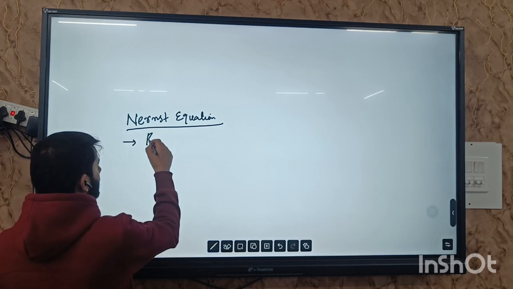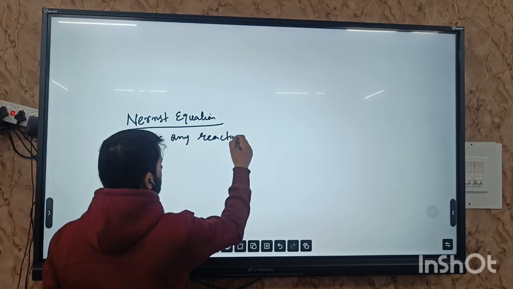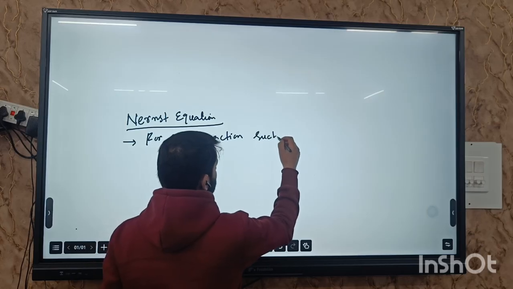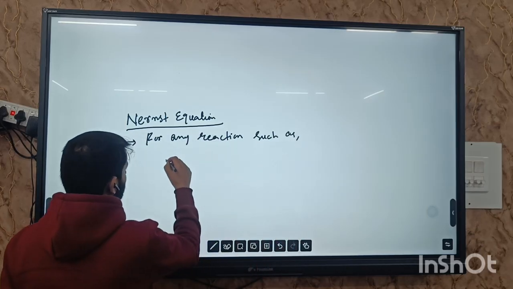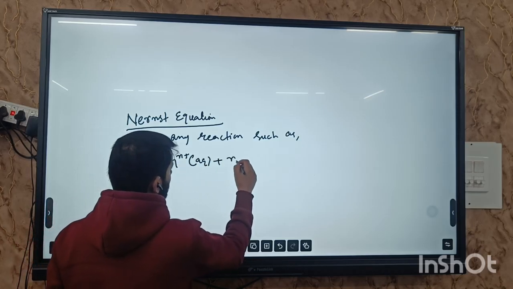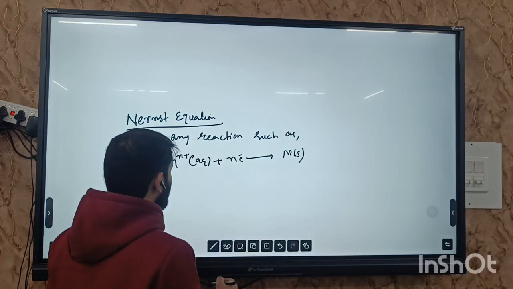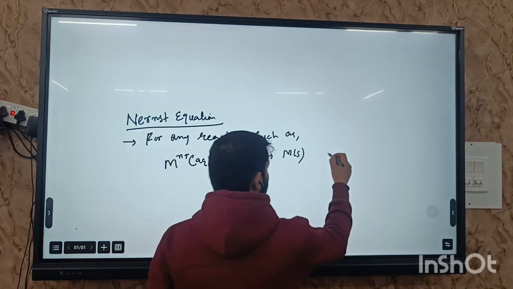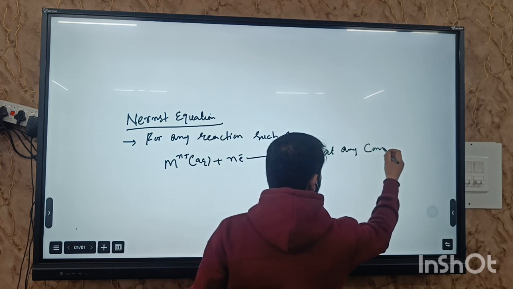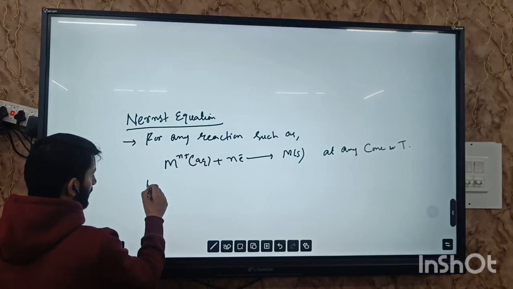So what does the Nernst equation say? It says that for any reaction, such as if we have M in oxidized state and it is getting reduced to form metal in its solid state, for any reaction like this at any concentration and temperature, the electrode potential